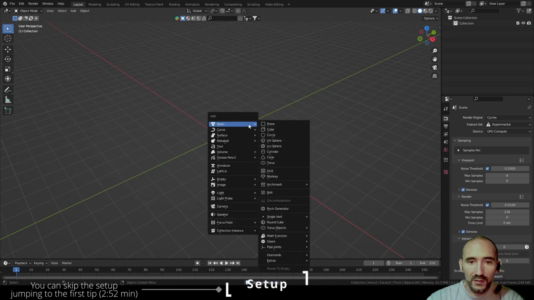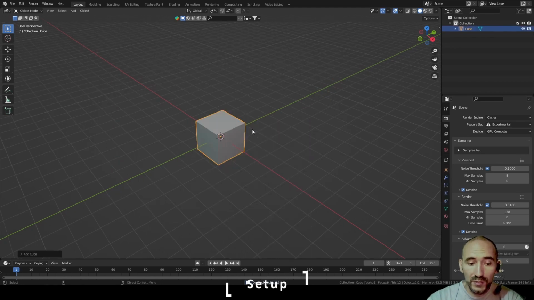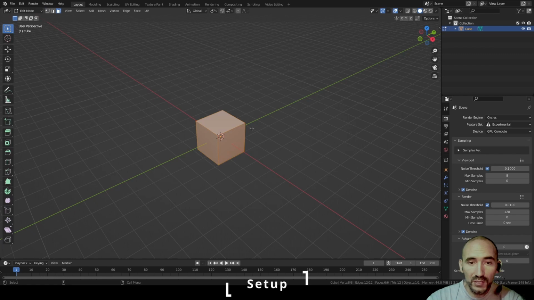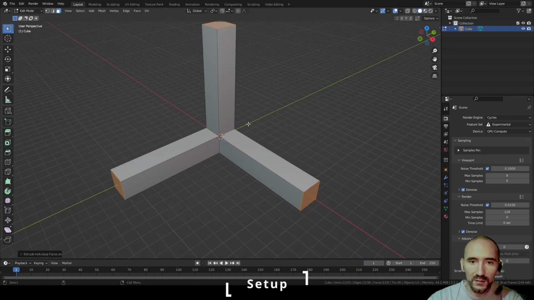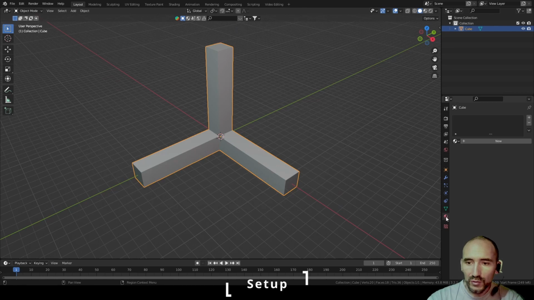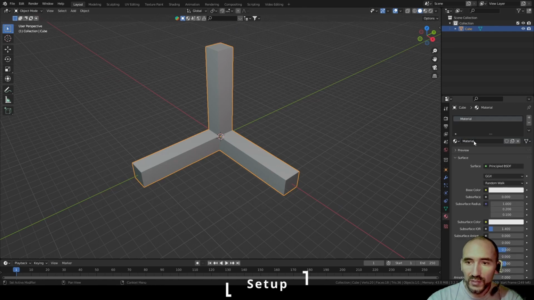So Shift A, go to Mesh, add a cube, Tab to enter edit mode, 3 for face selection, select one face, Shift to select the other faces, Alt E to extrude individual faces, and not only E to extrude, set 10, enter, Tab to exit from edit mode, go to the material section, new material, set the name